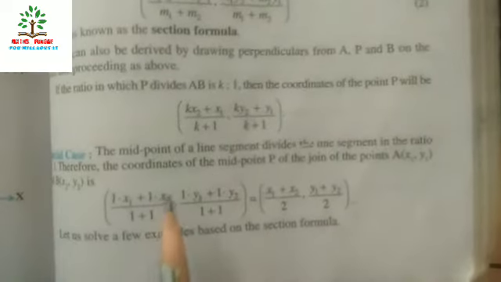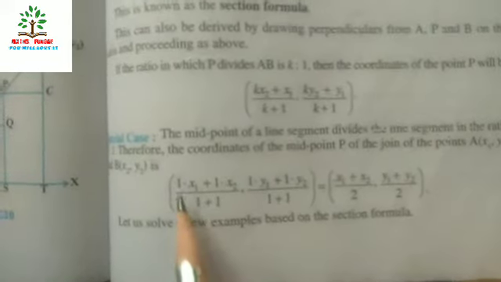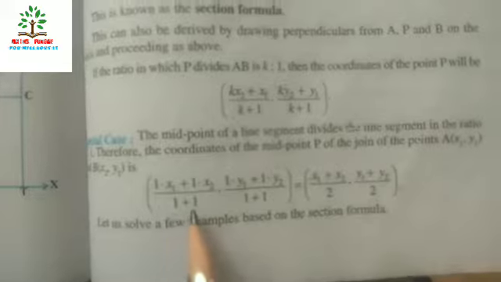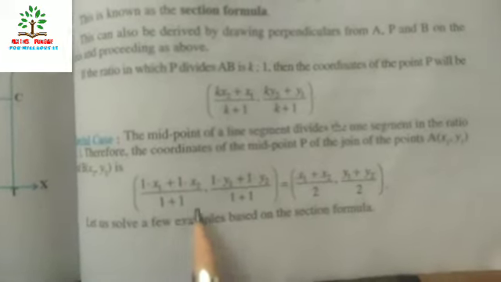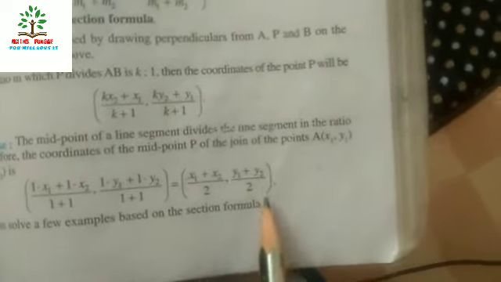Now if we are talking about the midpoint, meaning the ratios remain the same, the formula becomes more easy, like 1 into x1 plus 1 into x2 over m1 plus m2, that is 1 plus 1. Likewise, y1 plus y2 over 2. So the formula becomes x1 plus x2 over 2, comma y1 plus y2 over 2. That is for the midpoint, if we have to find the midpoint. Now let us solve a few examples.